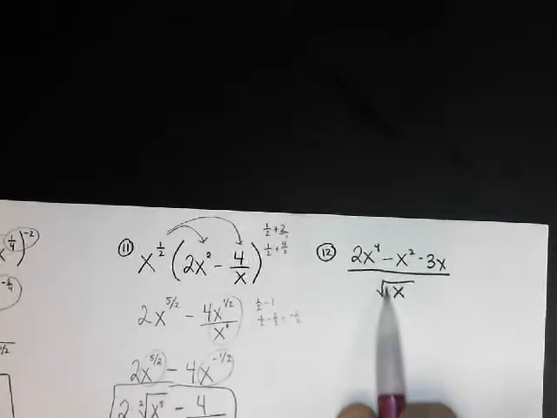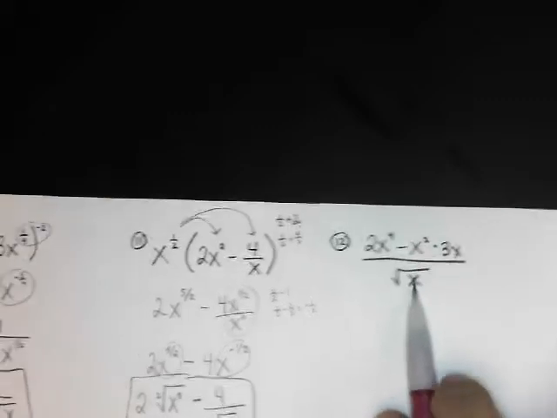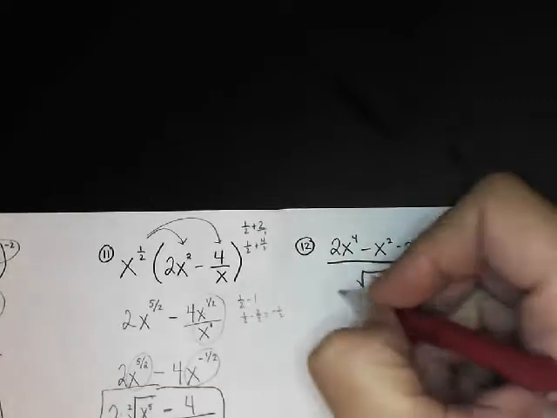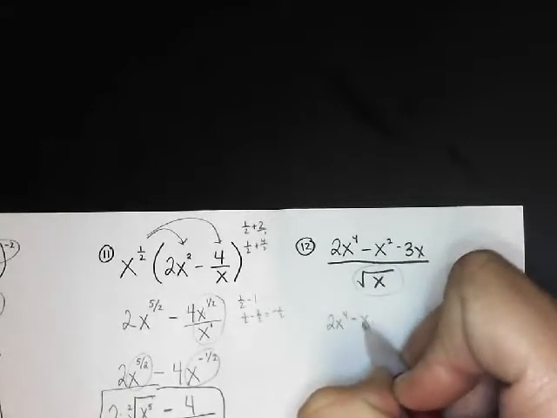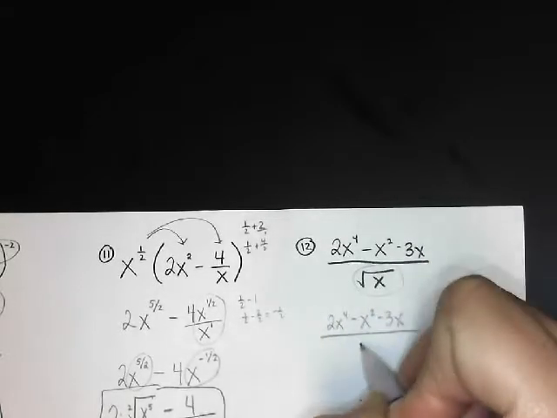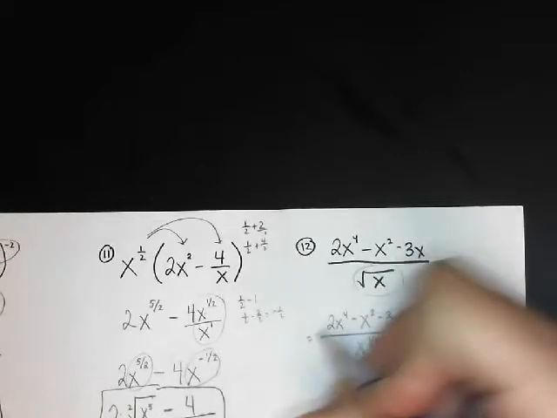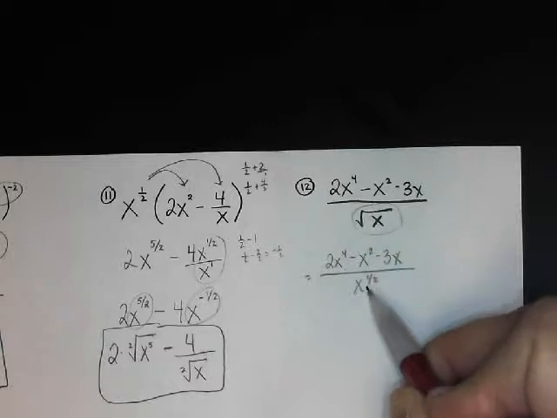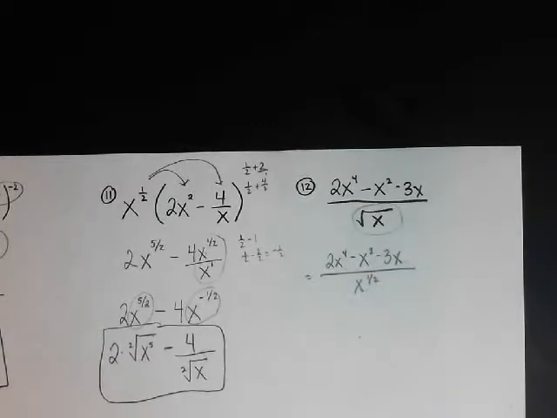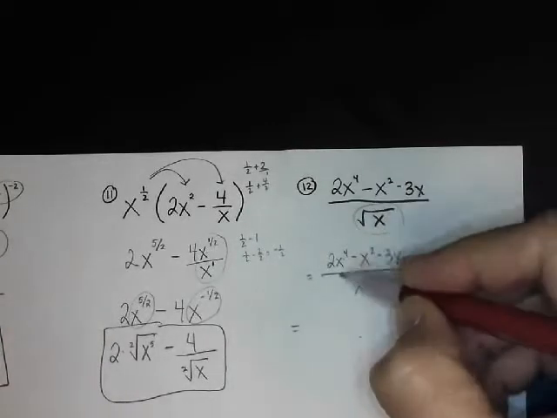Okay? This one is kind of a combo. It's got a radical in there right from the beginning. So the first thing we should do is change this to x to the 1/2 power. Now, when you're dividing a trinomial by a monomial, each piece has to be divided by x to the 1/2. So on my first term,